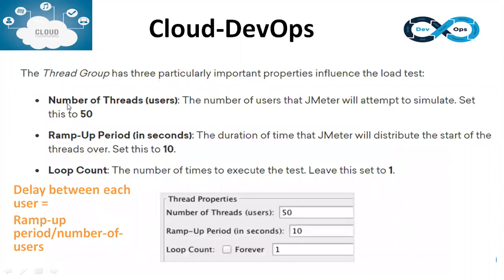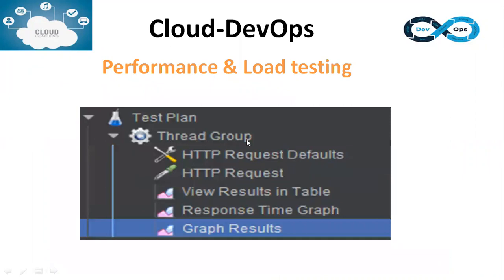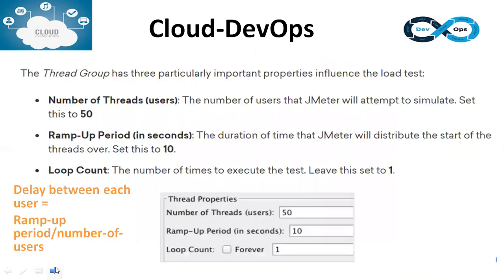So you can see here, we added the first parameter, thread group. In the previous slide, the first item was thread group. Thread group means how many users we are sending as an input. In the thread properties, number of threads is equal to number of users. That means 15 users I am sending to one application.